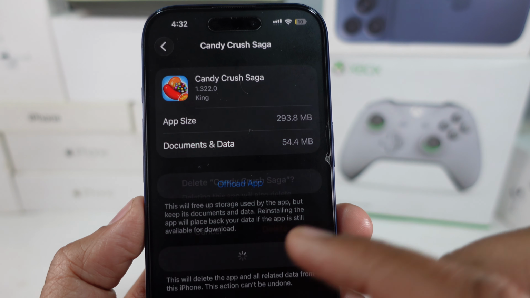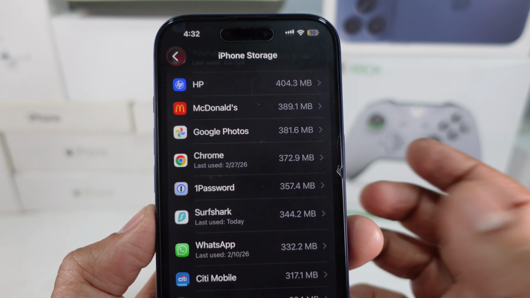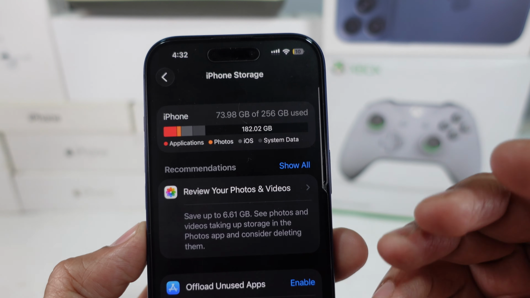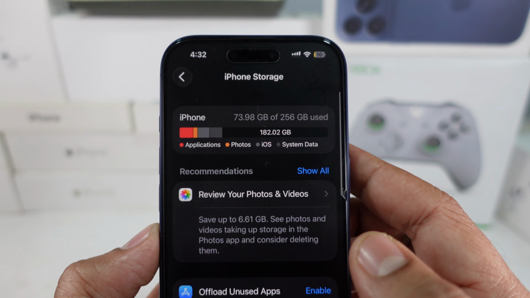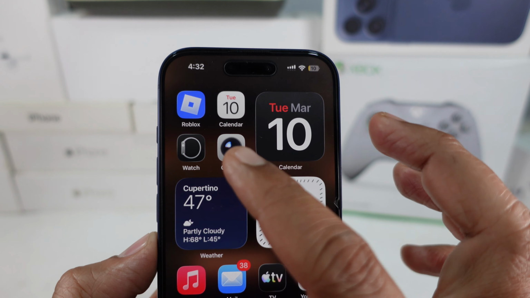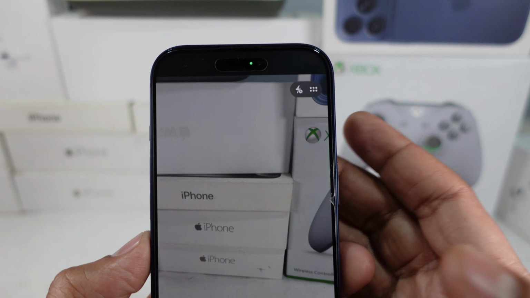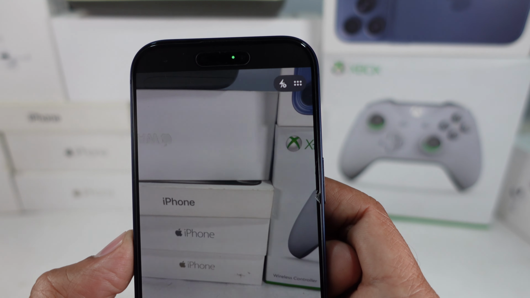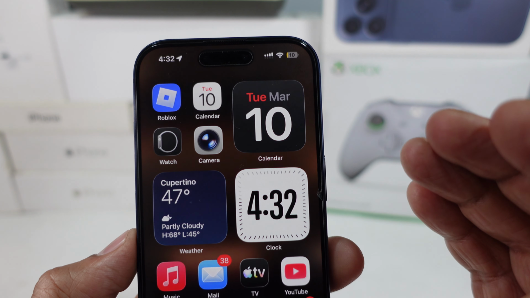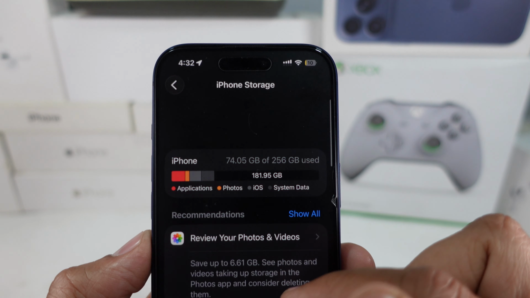Checking your storage regularly helps your iPhone run smoothly. It prevents issues with app downloads, avoids camera problems when taking photos or videos, and makes sure your device has enough space for updates. So anytime your iPhone feels slow or you see a storage almost full warning, this is the first place you should